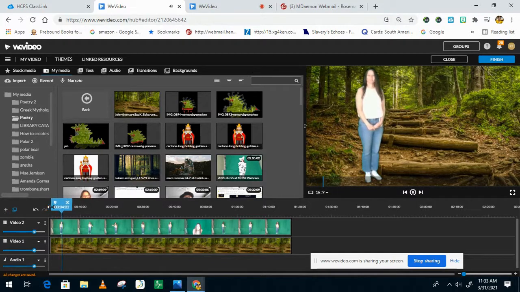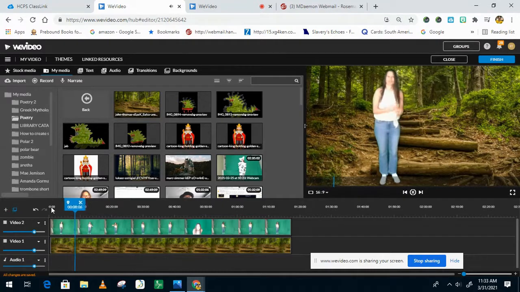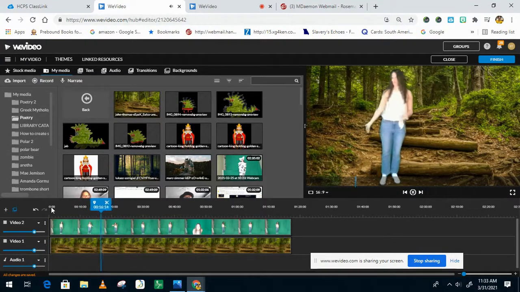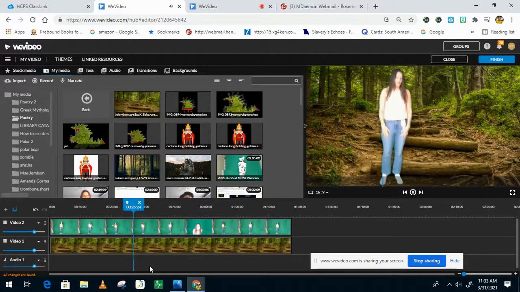The Road Not Taken by Robert Frost. Two roads diverge in the yellow wood, and sorry I could not travel both and be one traveler. Long I stood and looked down one to where it bent in the undergrowth, then took the other as just as fair, having perhaps the better claim because it was grassy and wanted wear. Though as for that, the passing there had worn them really about the same, and both that morning equally lay in leaves no step had trodden